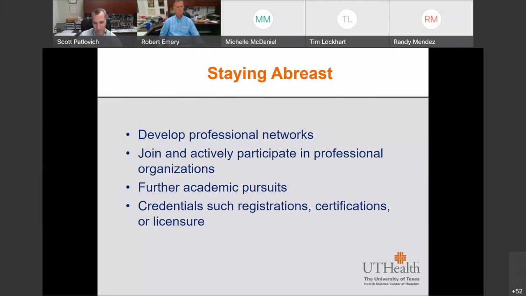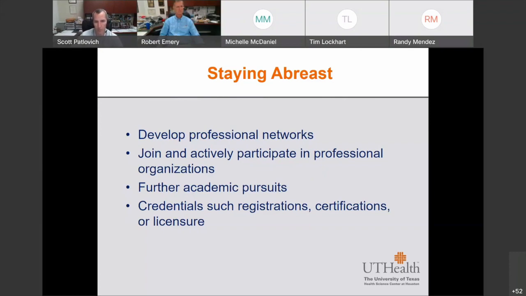So one example is the field of biosafety. If you look at the membership of the American Biological Safety Association and people who are practicing biosafety professionals, it is probably the highest percentage of terminally degreed individuals compared to any of the other disciplines within the health and safety field. And so if you're going to be a biosafety specialist, you ought to think long and hard about your academic preparations and whether or not additional graduate level and even terminal degrees make sense for you.